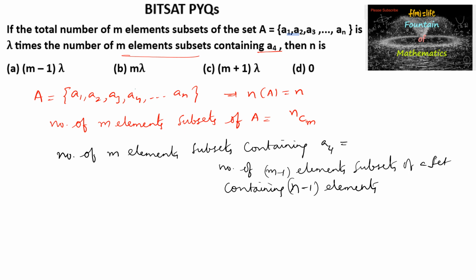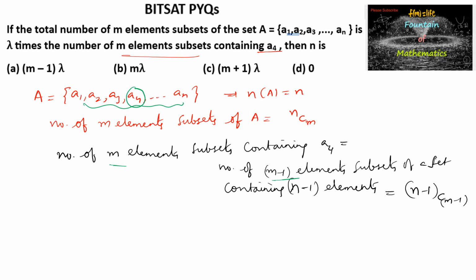So A4 is already included, meaning out of n numbers one number is already selected, so we have only n minus 1 elements. Out of n minus 1 elements we need to select m minus 1 elements, so we can write n minus 1 C m minus 1,